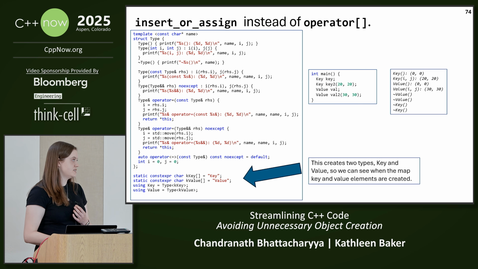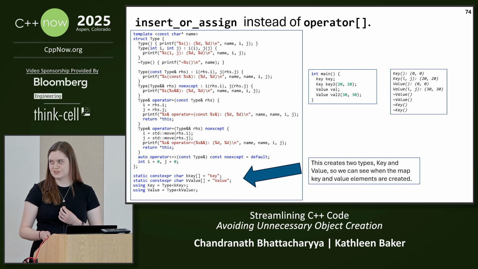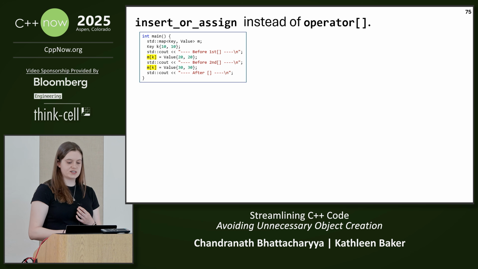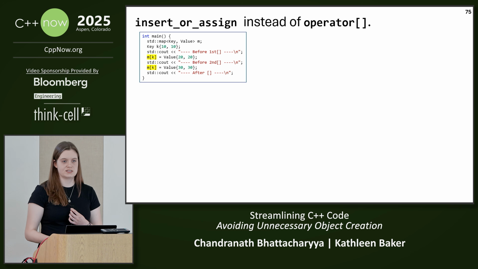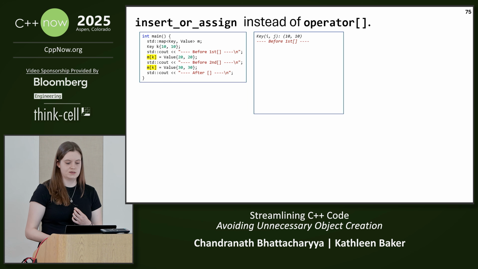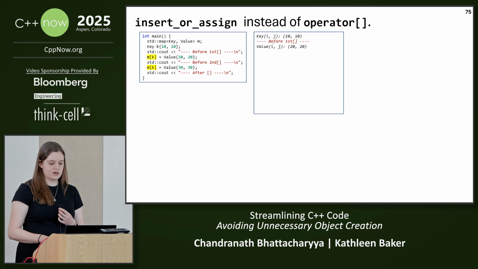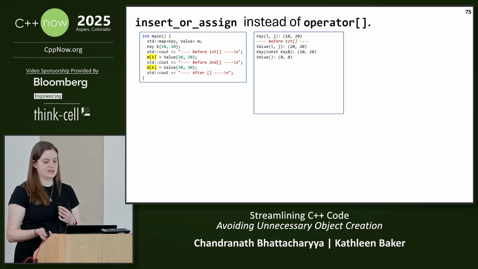When we declare and instantiate objects, we can see when their constructors are called. Using these structs, we'll create a map with types key and value. Here we're seeing what happens if we try to insert and assign objects to the same key. So first, the key object K is created, then the value 2020 object gets created, then the key value pair